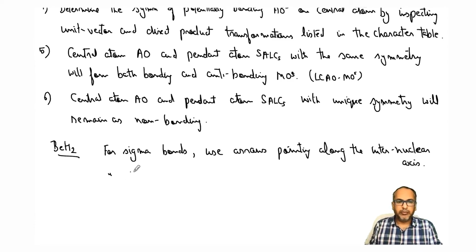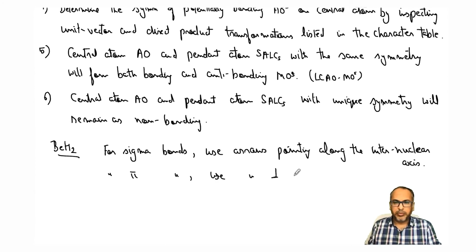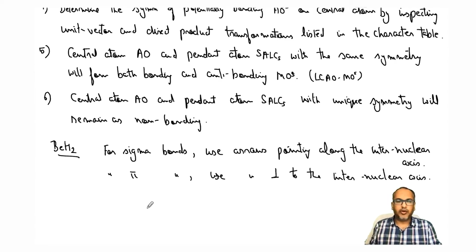And for pi bonds, use arrows perpendicular to the internuclear axis. For example, if you want to consider the case of CO2, let's say, then the directional property would be